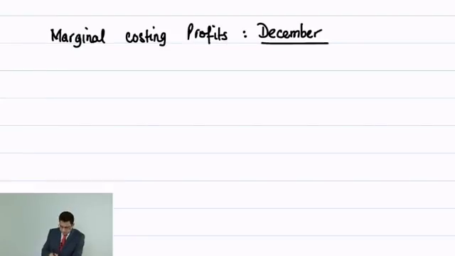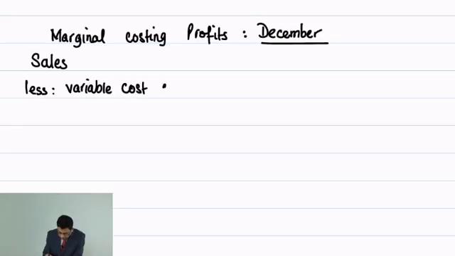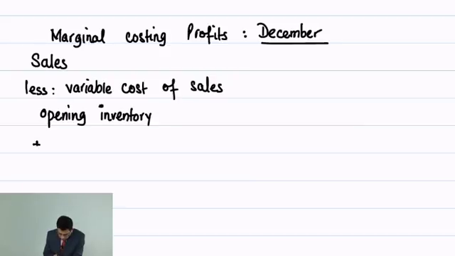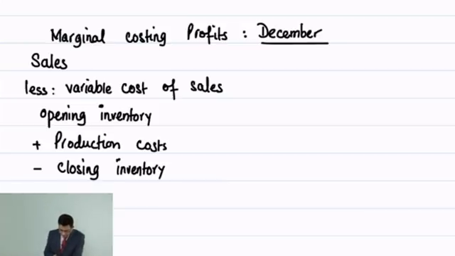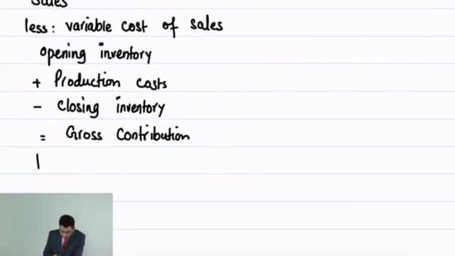Marginal costing profits for December. Sales, less variable cost of sales, which is opening inventory plus production minus closing inventory, and that generates gross contribution. From the gross contribution we take away